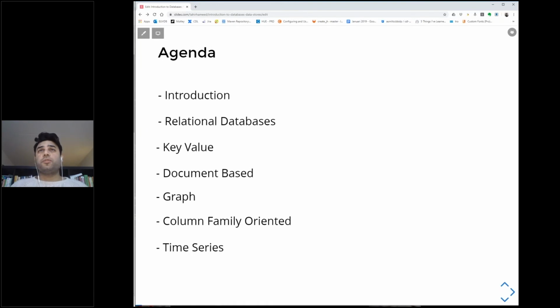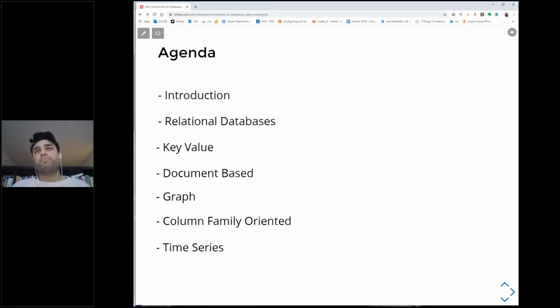So the agenda for today is a bit of introduction to databases. I would like to cover a bit of everything. We'll start with relational databases, then we'll move on to key value stores. We'll see a bit of document-based, graph databases, column family-oriented, and time series databases.